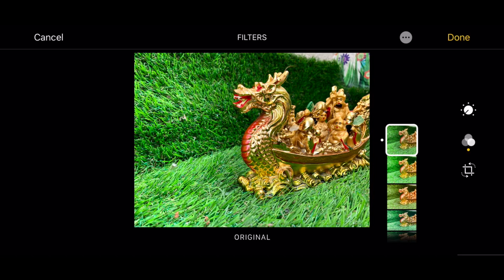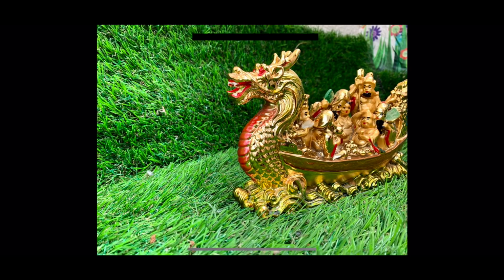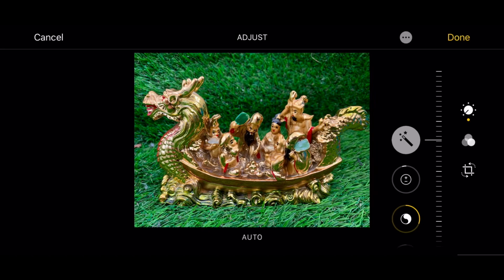So select the normal option itself, and in the brightness section you can use this magic wand and make sure that you are editing the pictures using the built-in function. So when I'm done, you see the difference over here. Now you can make use of it in order to give that little edge to the pictures that you are clicking.